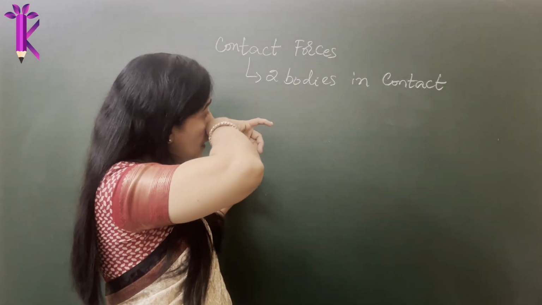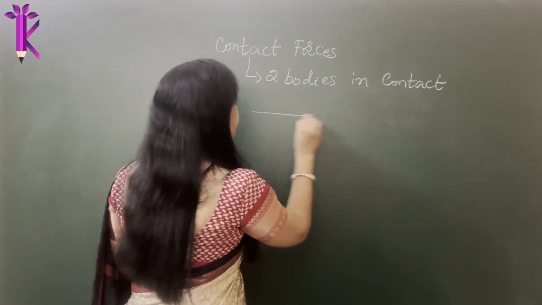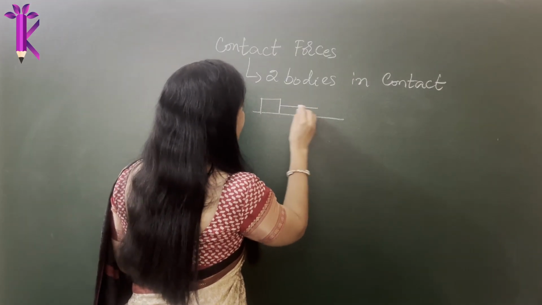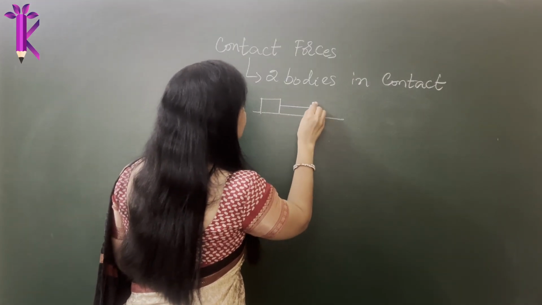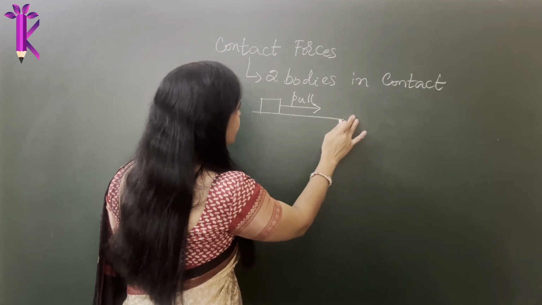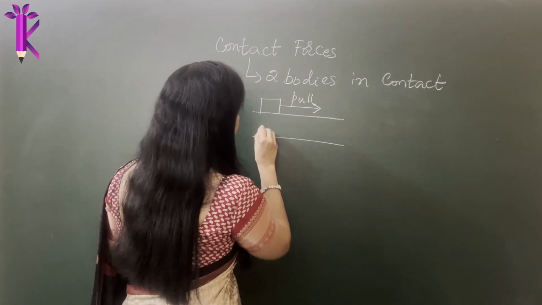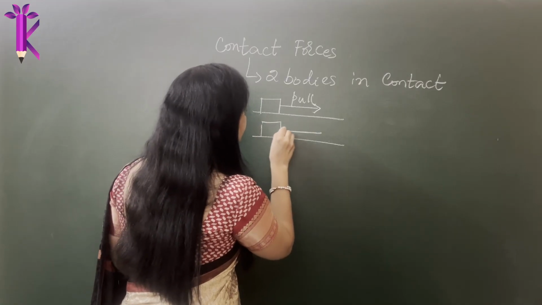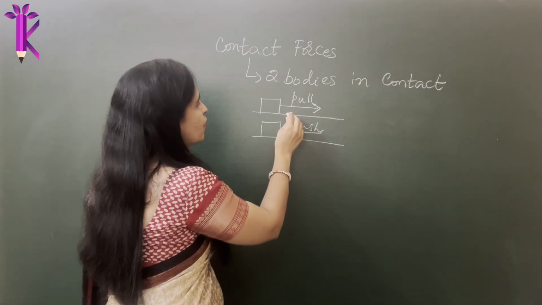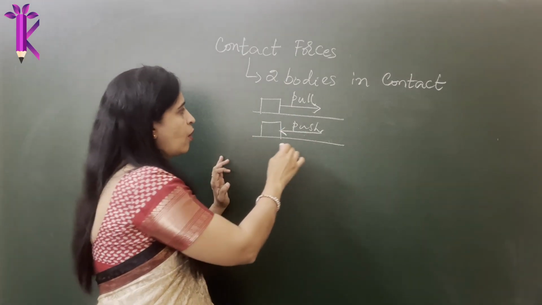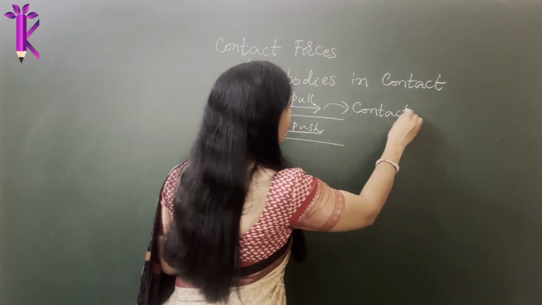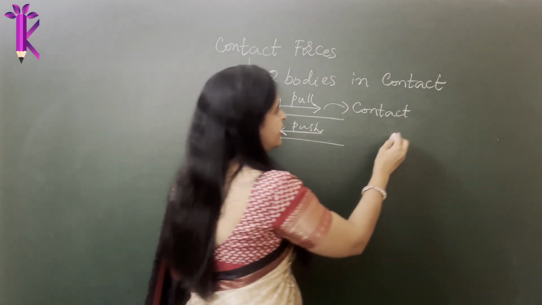For example, imagine this is a plane on which there is a body. Now, if you need to pull it, you literally have to pull it, apply pull, right? Use your hand to pull it in this direction. If you want to push it, you literally have to push it using a tool or your own hand. So you are in contact with the body. There is contact between the two bodies, your hand or a tool and the block, right?